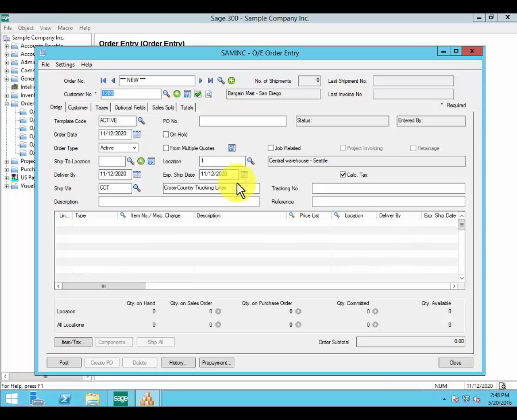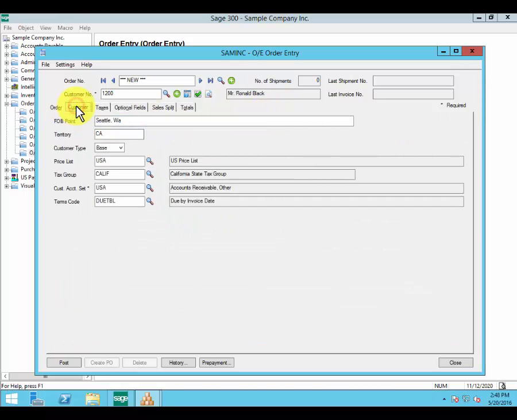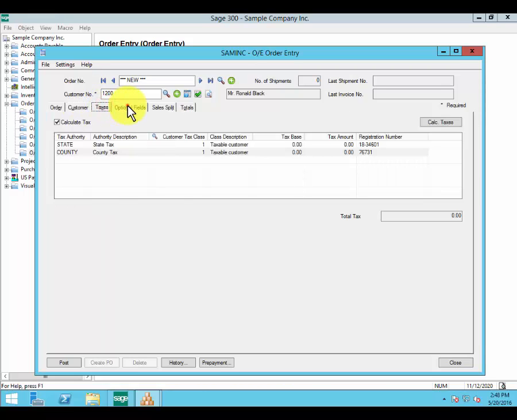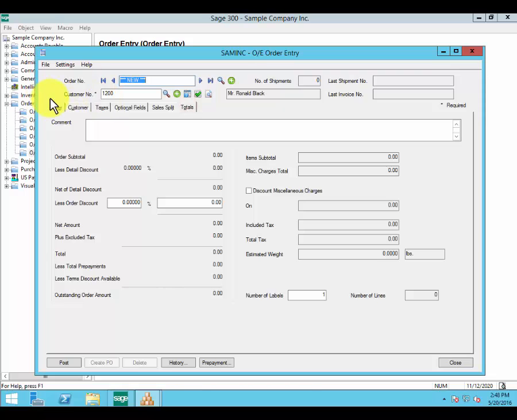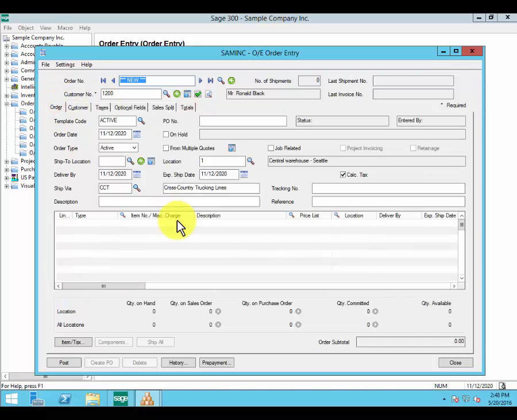I'll select him. The system loads all the information it knows about Ronald, his tax information, his optional field settings,